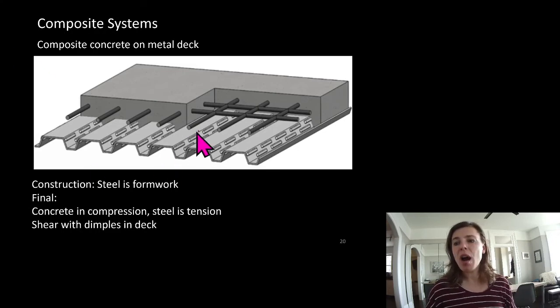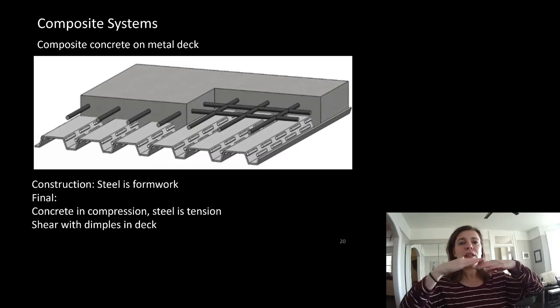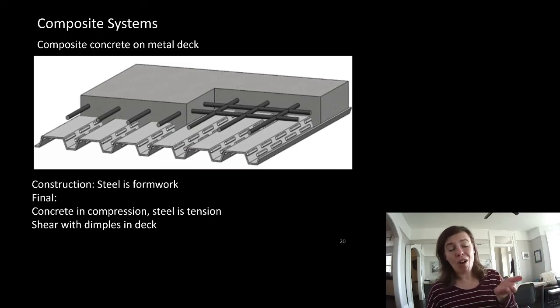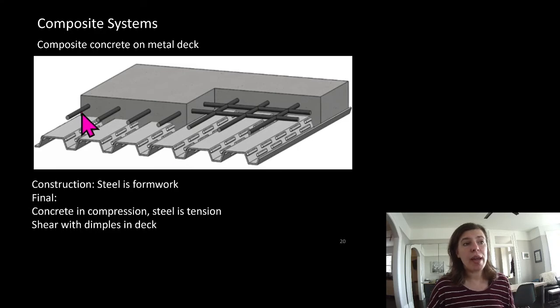When we had our concrete on metal deck, remember I talked about last term these little holes that got punched in the side to make the steel and the concrete work together? Well, that was our longitudinal shear plane. That was making sure that the concrete and the steel don't just slip past each other. Otherwise, we'd have a small thin deck and a somewhat thin concrete deck working together, which is great. But by